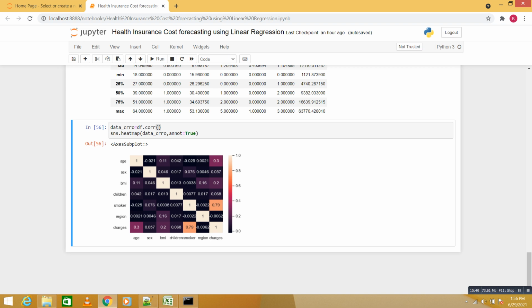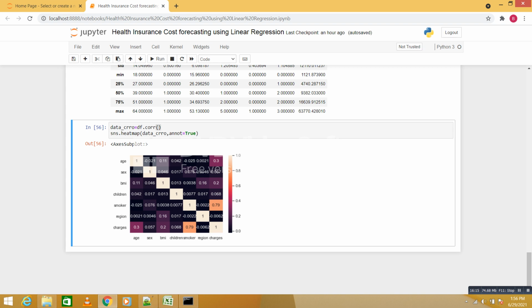Okay, so if you say minus 1 minus 0.006, it means as such there is no correlation. Okay, it's less than 2, so there is none. So if you see, we have good correlation with smoker and age. Okay, smoker and age. So in this above correlation data or heat map, our model is not going to predict the value well, because there is very little correlation with the output data.